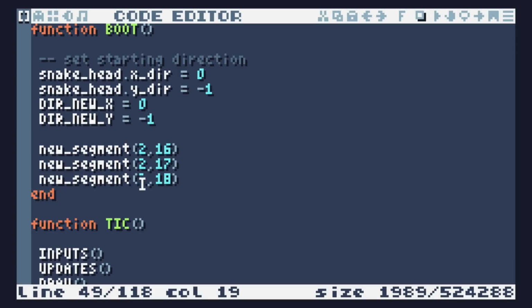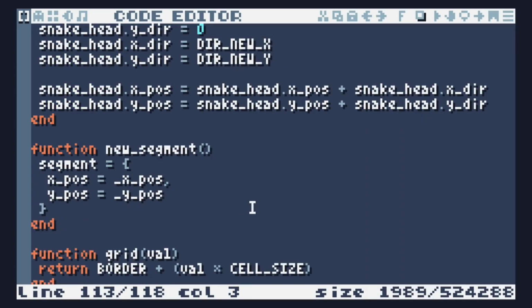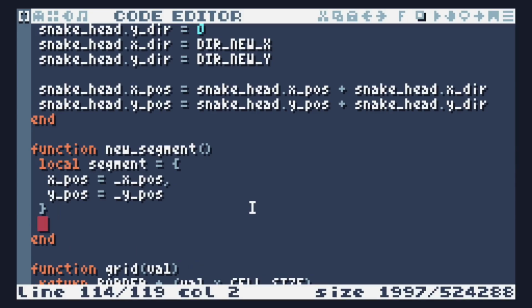The thing I forgot is we're creating a new segment, but we're not adding it to our table. So in new segment, we're creating our object, but then it just disappears. Oh, actually, we can make this local. So when we're done creating the object, we actually need to insert it on our table, which is a Lua internal thing called table.insert. Now, table.insert takes a minimum of 2 values, which is the table that we are inserting on, in this case, snake, and what we are inserting,